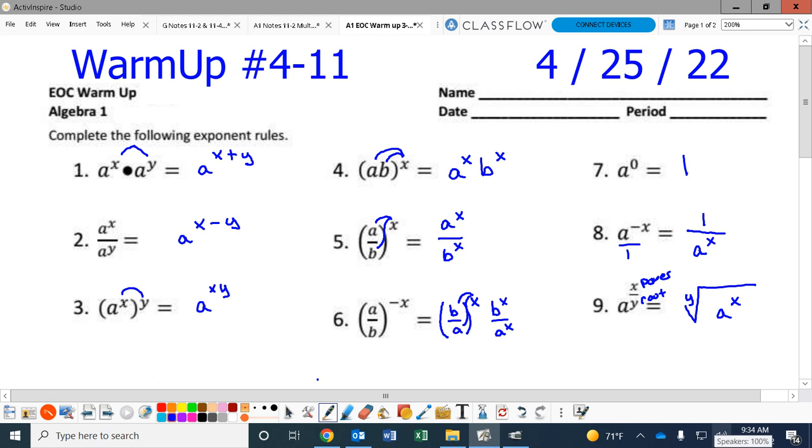Okay, guys, that is the review of your exponent rules. You're going to be using a lot of those today. That's why we chose to do this warm-up today. I actually changed the warm-up we were doing because we were doing